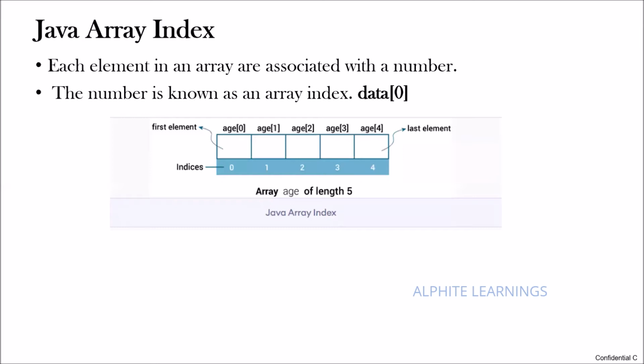So if you need to take the data from the fourth position, consider if it is vowels and I have to take U, in that case what I have to do is print vowels of the square bracket 4. We have given data of 0, right? Let us take this age of 0. Age of 0 means whatever the value in this position, you will get. So if you are giving age of 4, obviously whatever we have at the last we'll be getting.